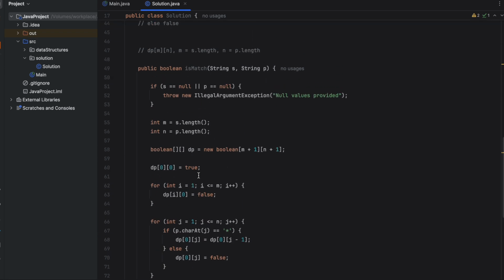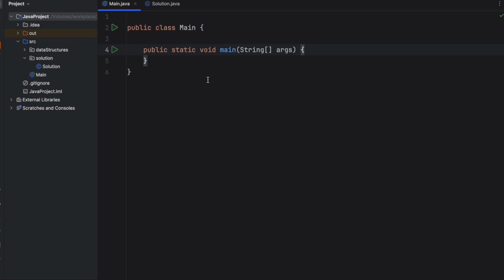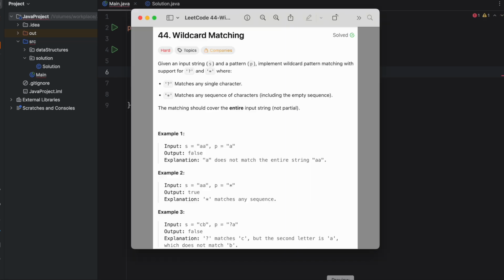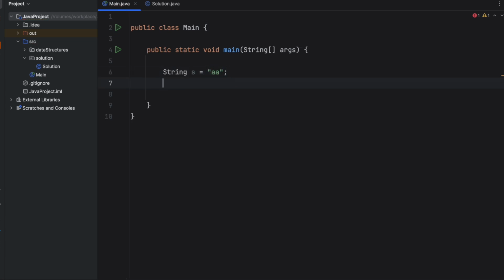So that would be the solution of this problem. Let's quickly try to test the solution against some input strings. So let's say that string s is, let's use the examples from here. So let's say AA, and string pattern p is A, and so